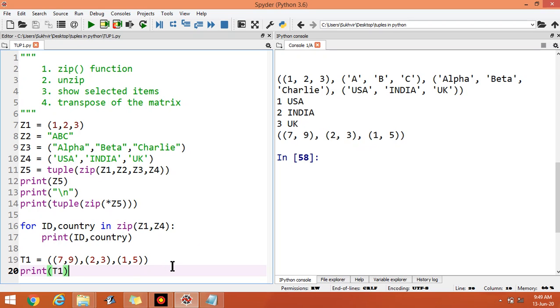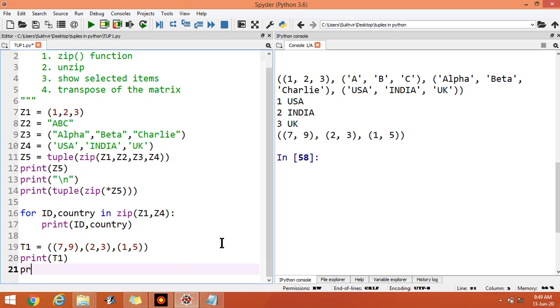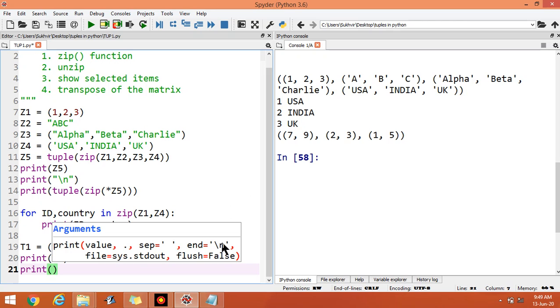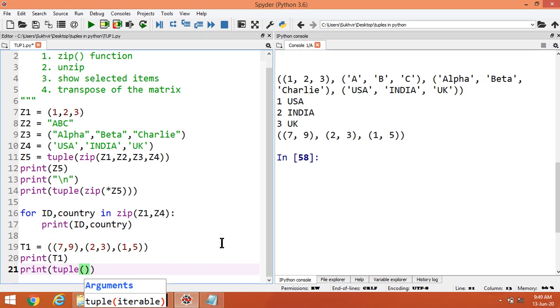Suppose I have to transpose the elements. I have to display 7, 2 and 1. Then what do I have to do? I can write print tuple zip star T1.